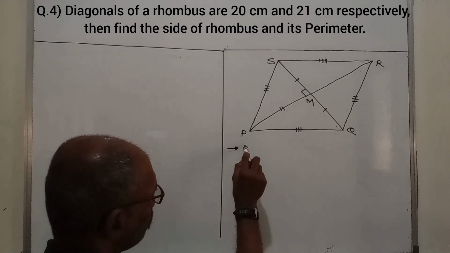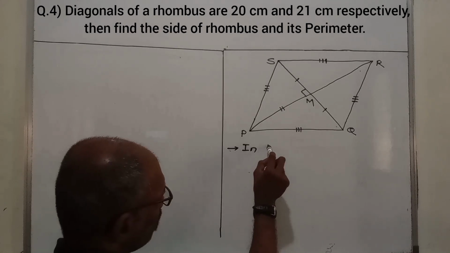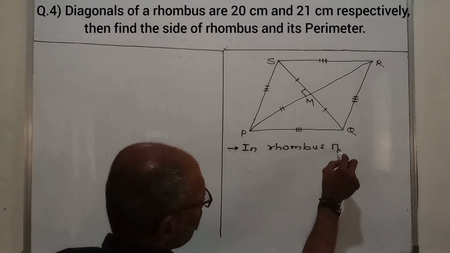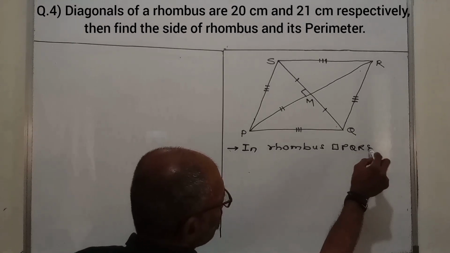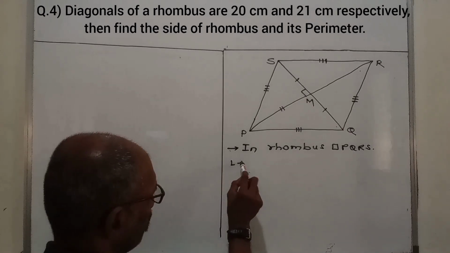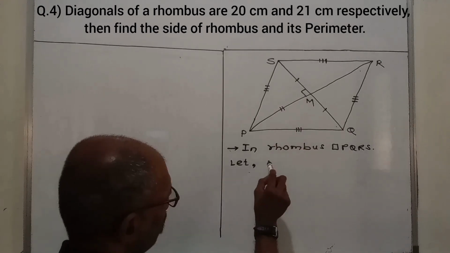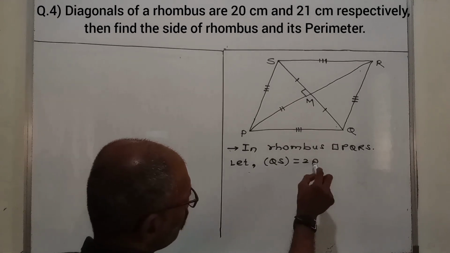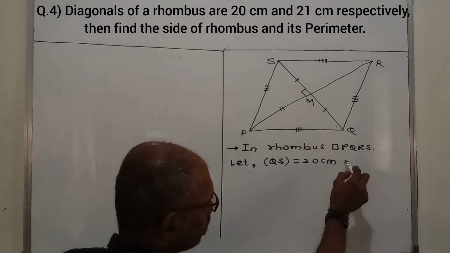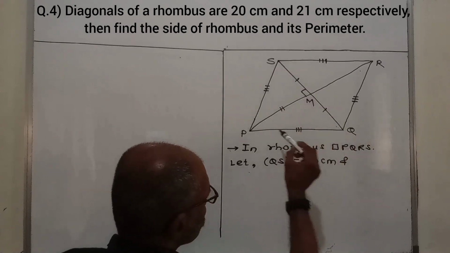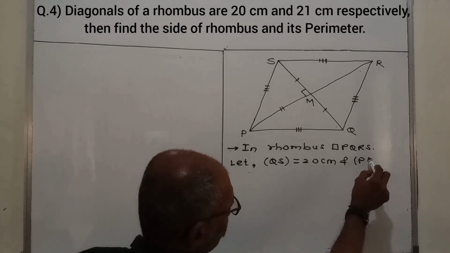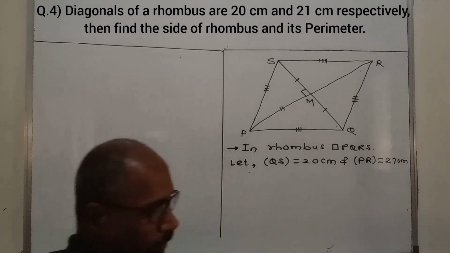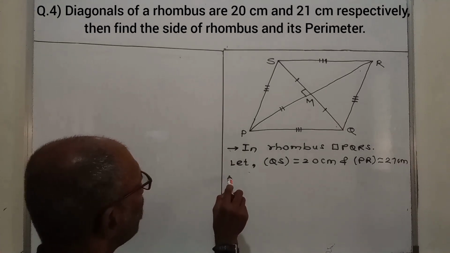Now see here, in rhombus PQRS, let QS is equal to 20 centimeters and PR is equal to 21 centimeters. Did you get it? Now we know that